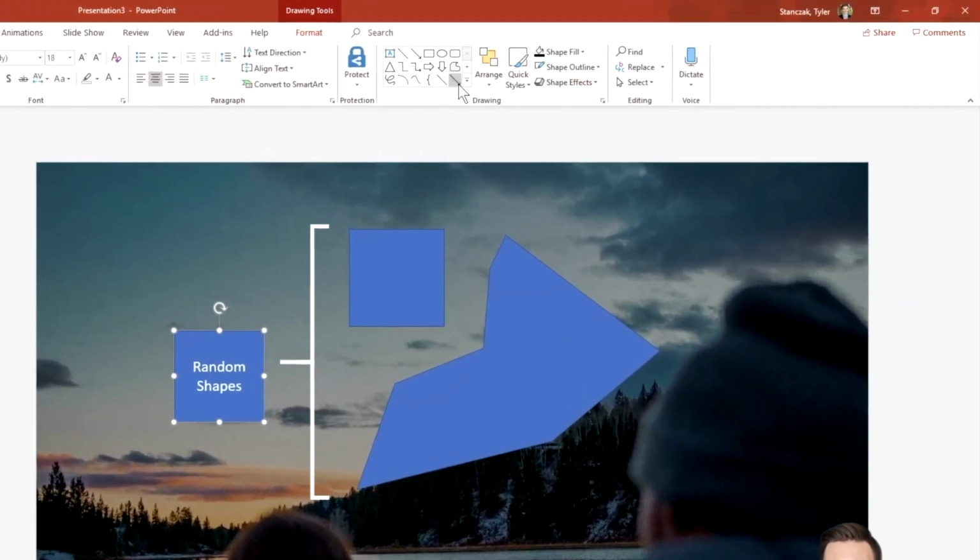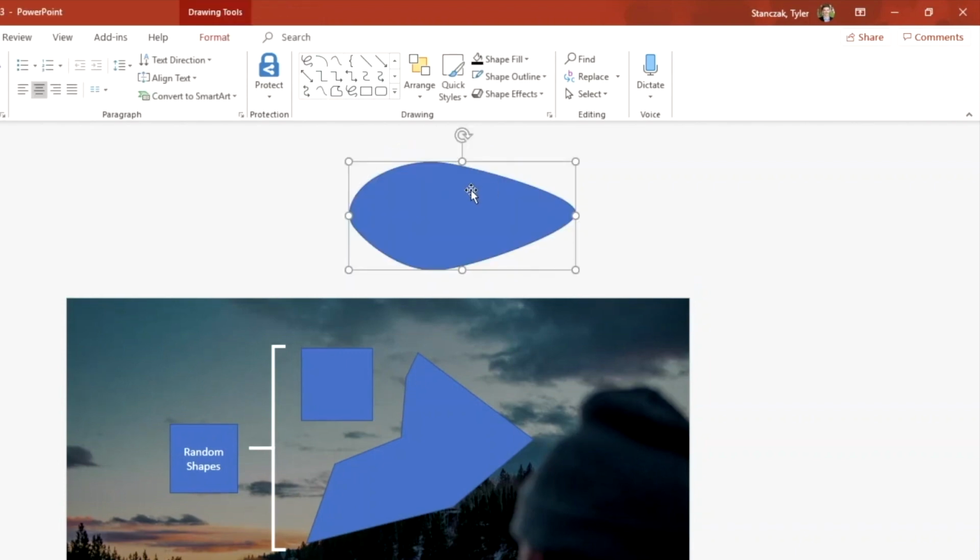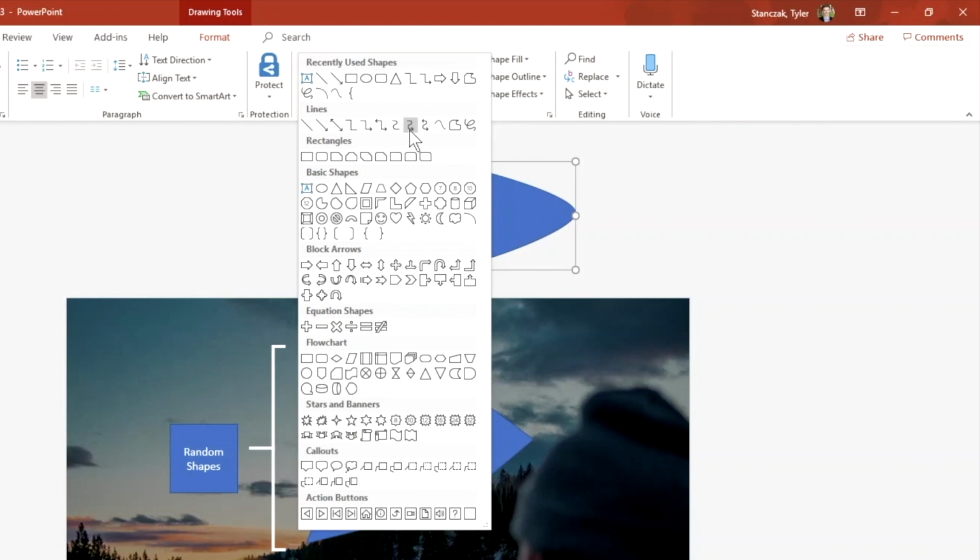Another feature I want to show you guys is this curve feature right here. So if I click on this, and then I'll click here, and then I do a second click. Right now it looks like a straight line, but the second I start moving my mouse, it's going to start curving that line and bending it. So this is how you can have really cool curved lines that are nice and smooth. And then you can just connect them, and now you have your new shape. So I really like playing around with that one as well.